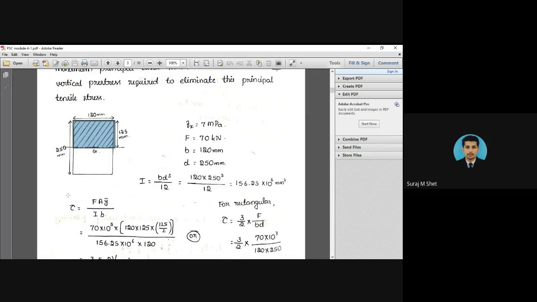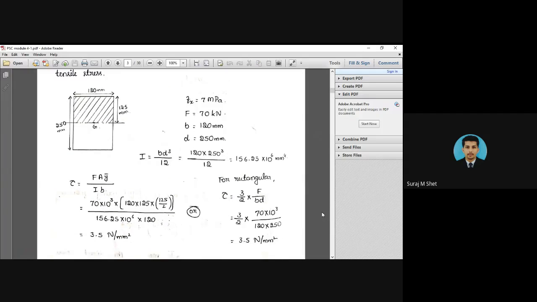So to calculate tau, you have to find A into Y bar using this criterion, because A into Y bar is nothing but the moment of area above the neutral axis. Only this you have to consider. In that area, or in that depth, you have to calculate Y bar, that is 125 divided by 2. I hope you understood this formula for tau.